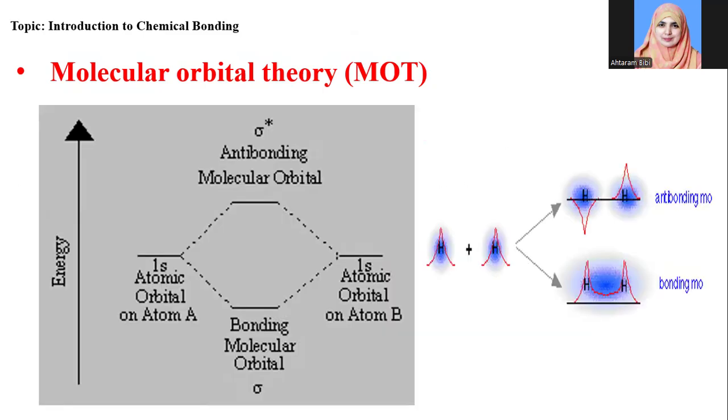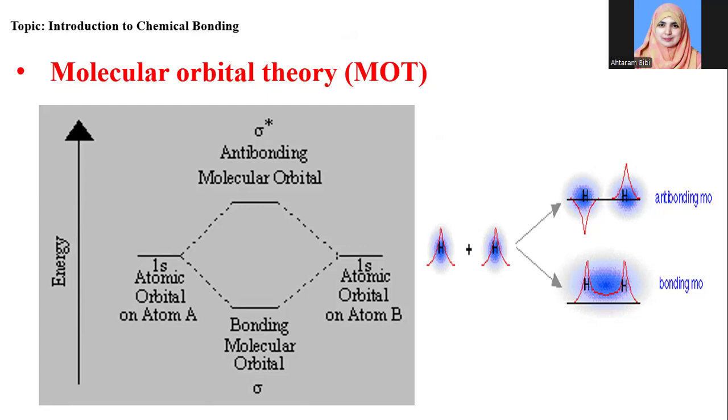Now let's see how the atomic orbitals combine to produce different types of molecular orbitals. We can see here the example of the hydrogen molecule. Hydrogen has one electron, so its electronic configuration is 1s1. In the atomic orbital, in the middle, we can see the non-bonding atomic orbital. When it combines, it forms two different types of molecular orbital. One is known as the bonding molecular orbital, and